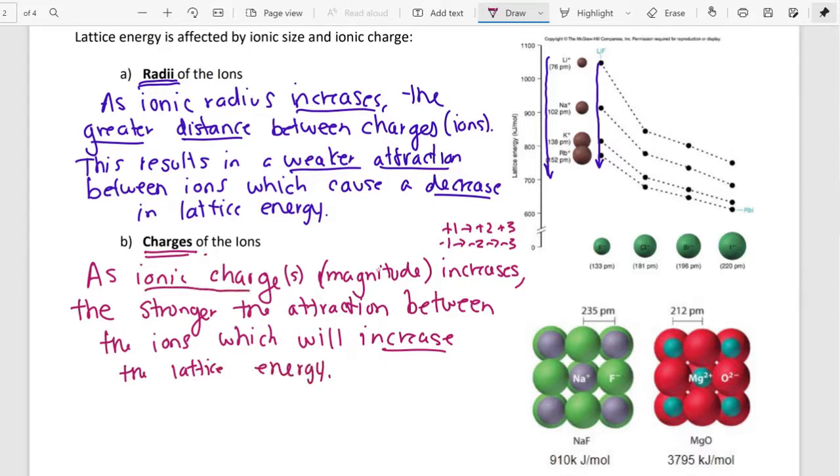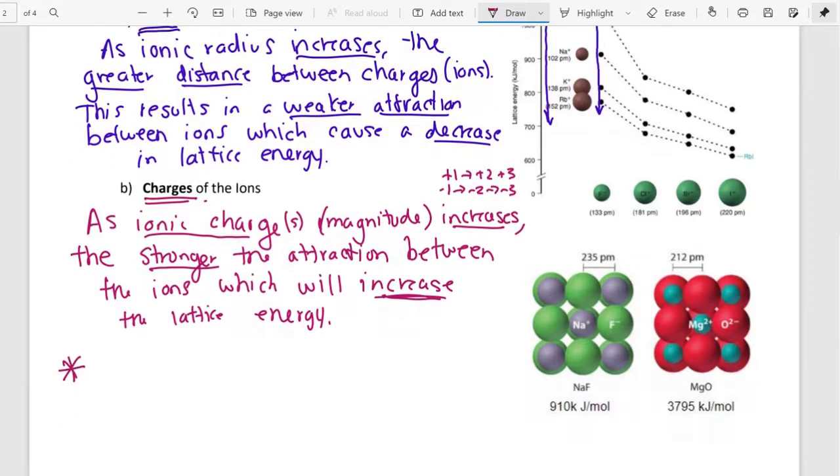Okay, so as ionic charge increases, we get a stronger attraction between the ions that will then increase the lattice energy. You can kind of see that if you were to look at increasing the charge down here, we have a +1 Na and a -1 F. If I then look at relatively similar radii of magnesium oxide, I'm looking at a +2 and a -2. So not a huge difference in the change in radii. The biggest difference between these lattice energies is simply that change in charge, where the +2 -2 charge creates a